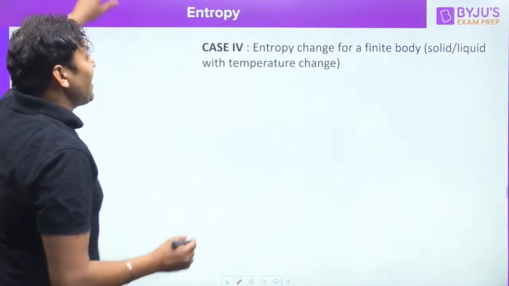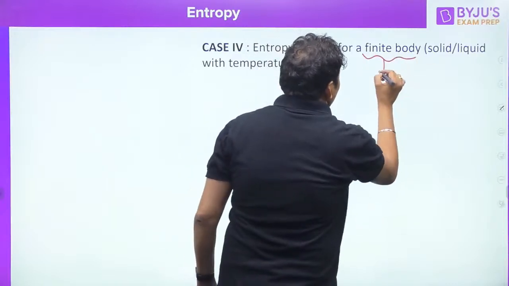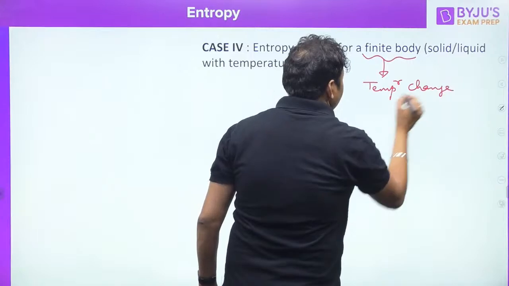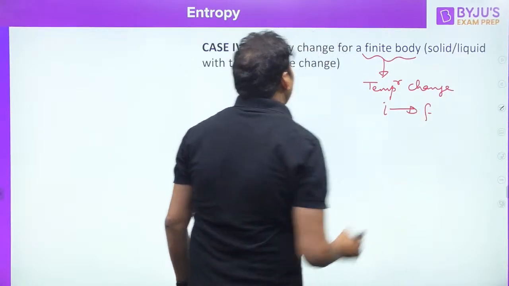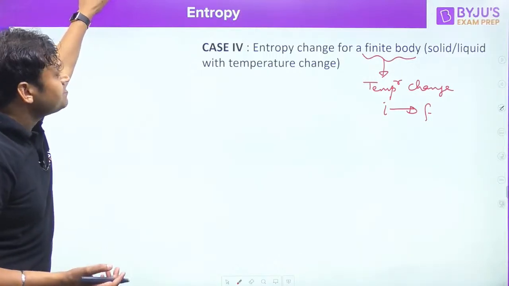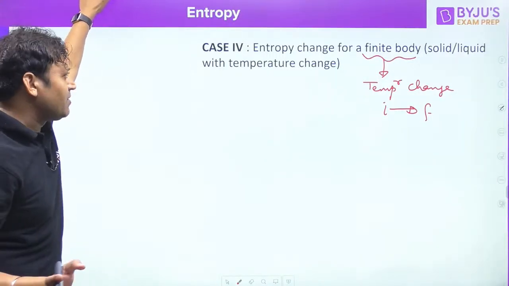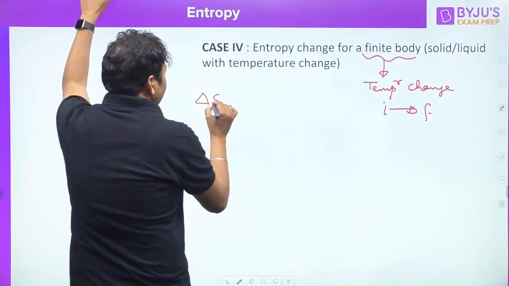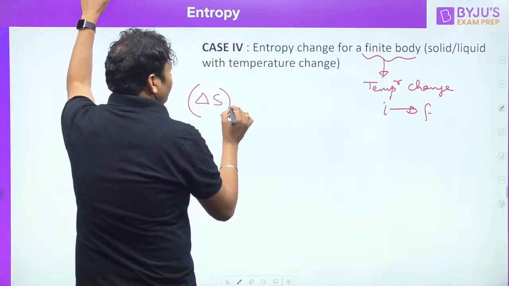Entropy change for a finite body. Finite body means having a temperature change. If it is having a temperature change, initial to final, then how to calculate the entropy change for a finite body? If it is a finite body, then there is no mass transfer. So the entropy change of the finite body